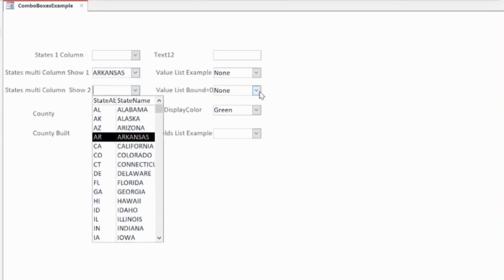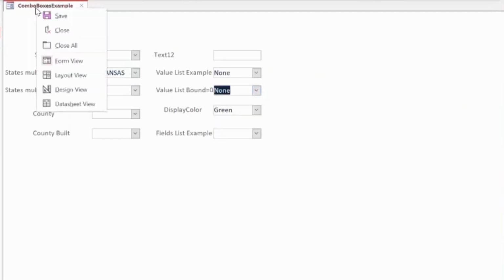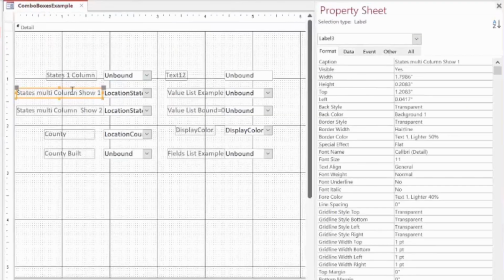I also want to talk about the bound column being 0. And here's an example of that. Here we have the bound column actually set to 0, which I hadn't even realized you could do, because usually when you think about a bound column, you're thinking about column number 1, column number 2, that kind of thing. But bound column 0 actually allows you, let's take a look at the design view of this,